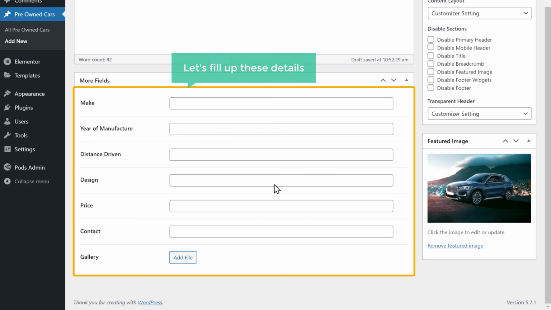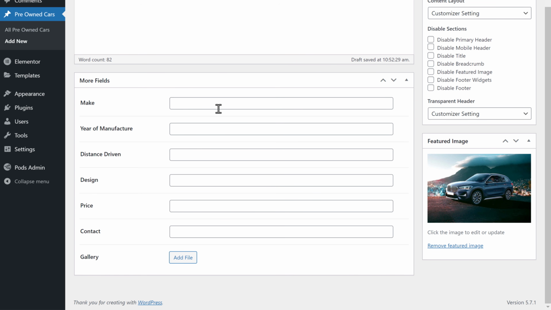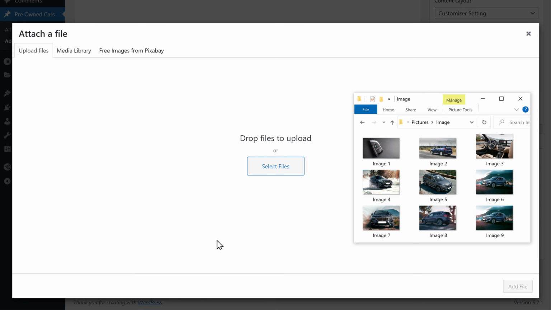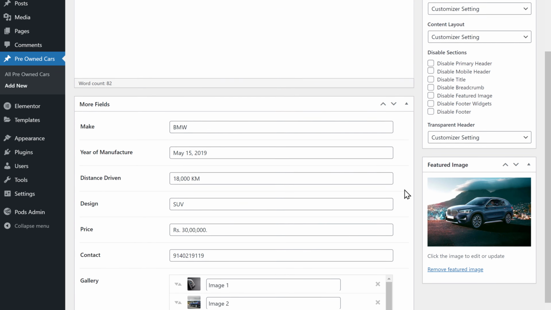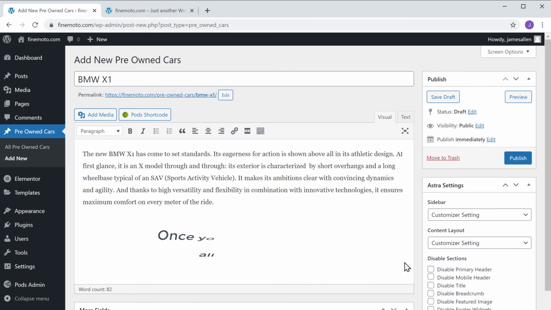Next, let's fill up these details. Once you're done adding all the details, let's click Publish.